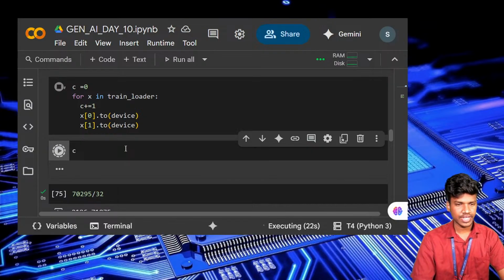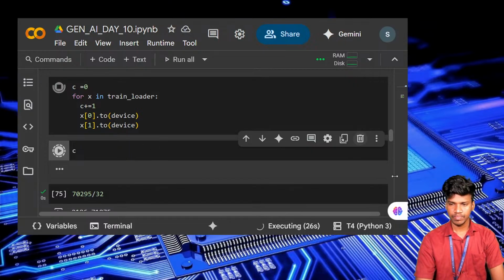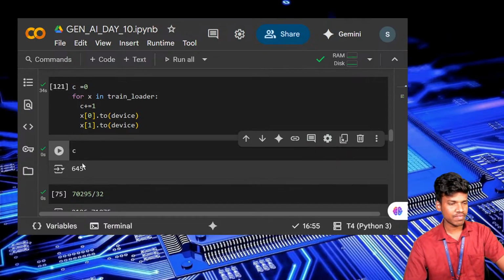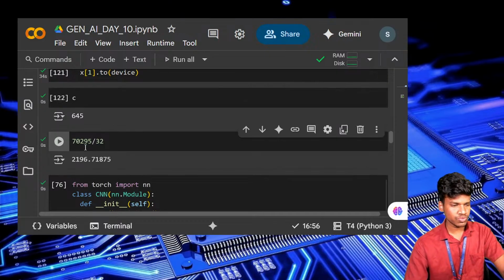So kindly wait, it will take some time to execute this cell. Okay, once it is done, the C value is having the 645 indexes and 645 images only, it is properly executed. So we have to divide every particular image into 2196 in